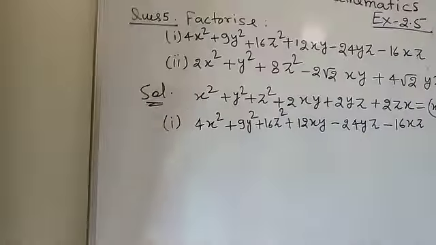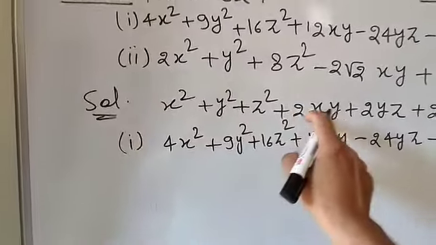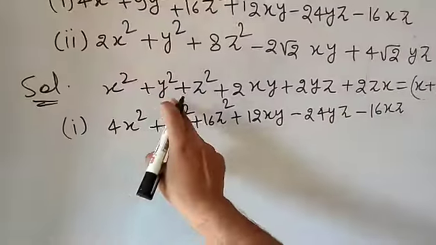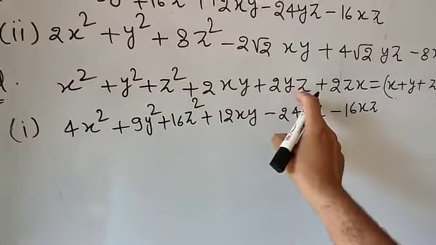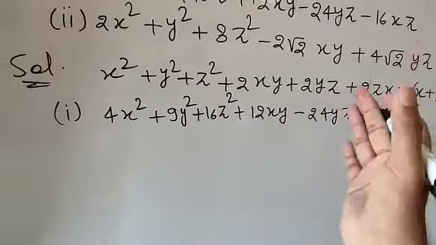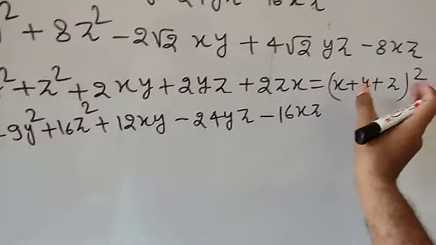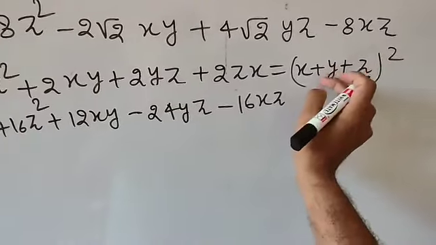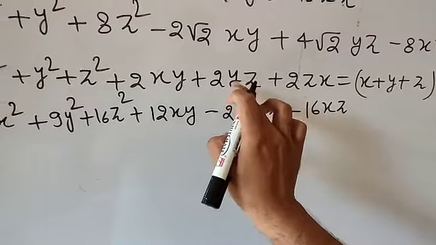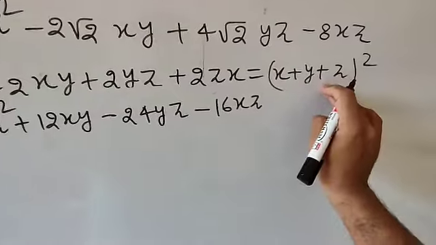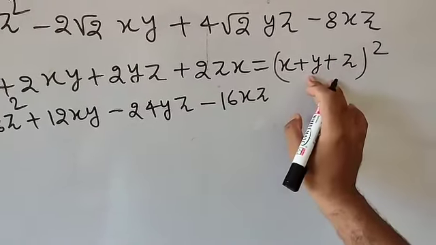So here you will use the same identity which you had used in the previous question, that is (x plus y plus z) whole square equal to x square plus y square plus z square plus 2xy plus 2yz plus 2zx. Now if I write from this term to this, if I expand, that is called the expanded form, and on the right side I have written the factorized form. If the value is given in this form and you write it in this form, that is called the expanded form. And if the value is given in this form and you write it in terms of a square, that is called the factorized form.